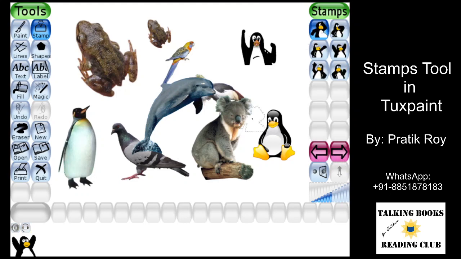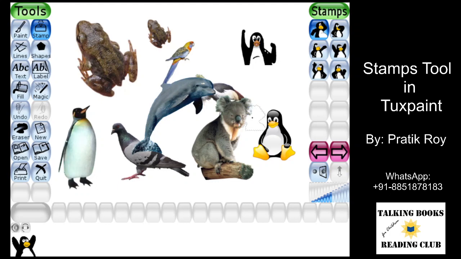Let's go to the next category, and the next category is the default one, which is the cartoon category, or the penguins which are there. A set of 6 penguins which come with the default Tux Paint. And as I said initially, you can actually install the other categories which we just looked at by installing the Tux Paint optional package.